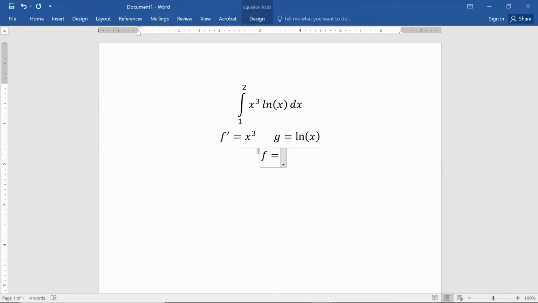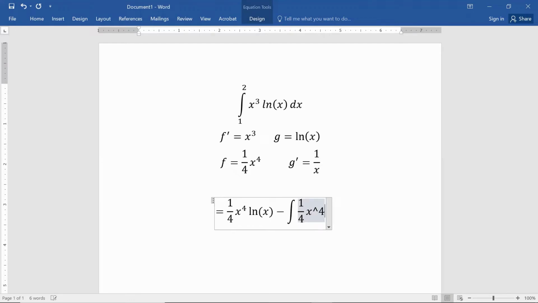F, therefore, would be 1/4 x to the 4th. G prime would be 1/x. This expression has antiderivative of f times g, that's 1/4 x to the 4th, multiplied times natural log of x, minus the integral of f times g prime, which is 1/4 x to the 4th, multiplied times 1/x,